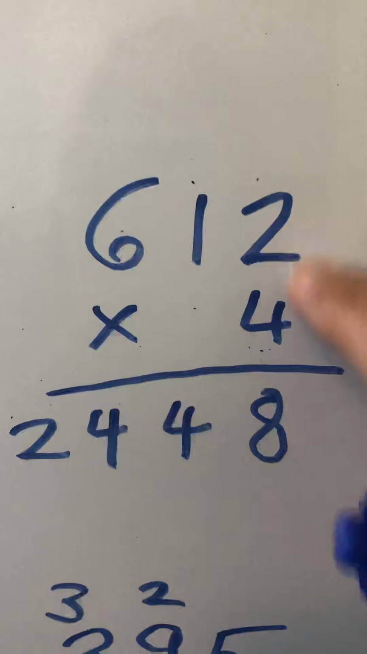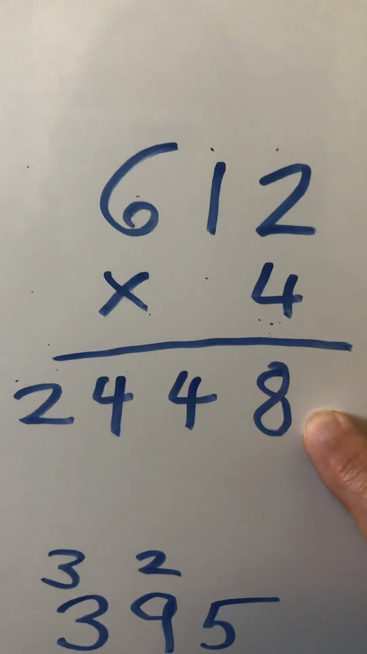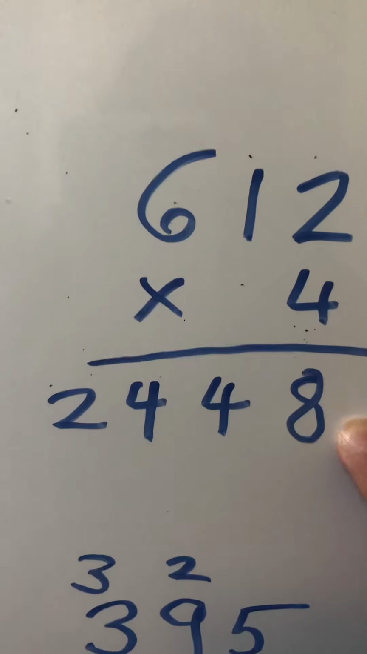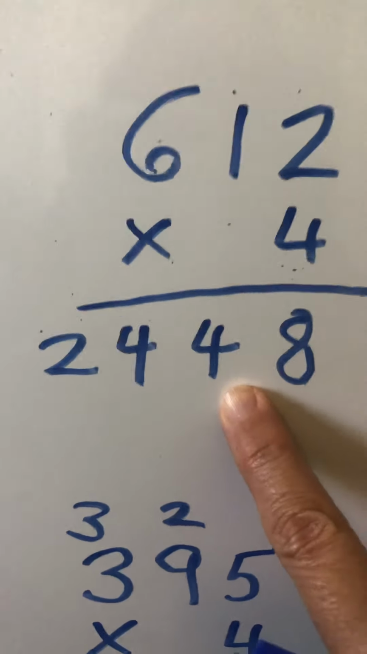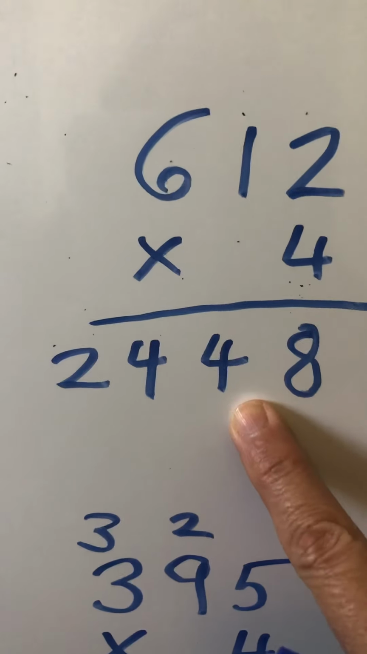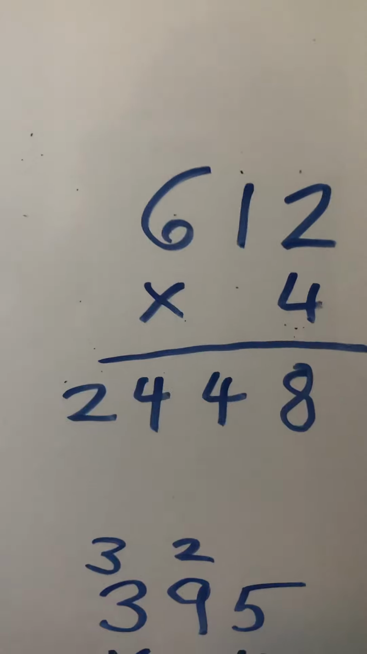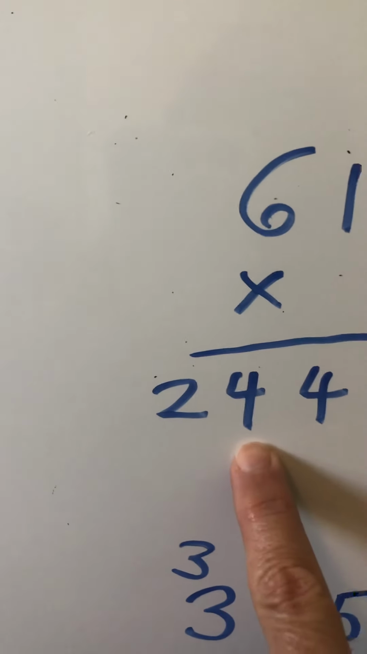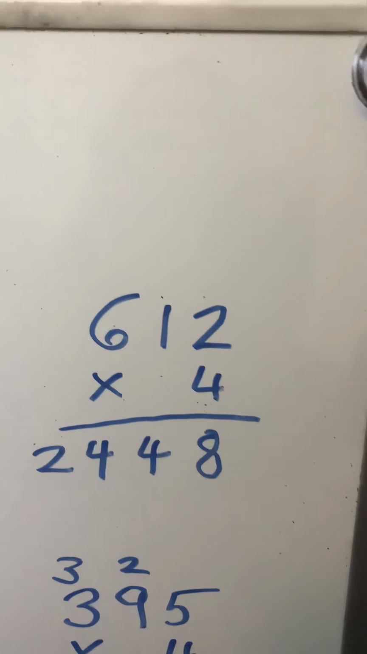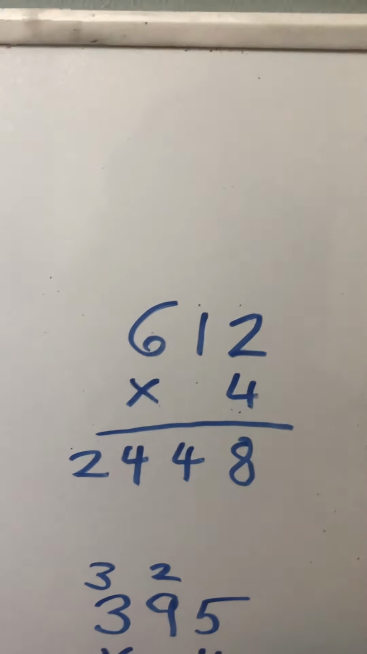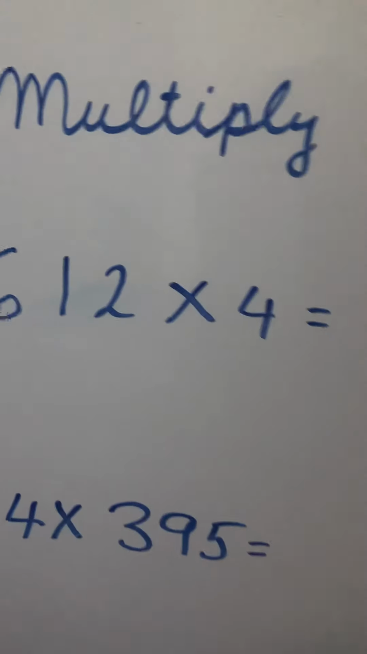And then you do 2 times 4 is 8. Make sure the 8 goes in the units. And then you do tens times units. So 1 times 4 is 4. 4 what? 4 tens. Then you do hundreds times units. So 6 times 4 is what? 24. And in that case, you write the 4 in the hundreds and the 2 in the thousands. And so your product is 2,448. Once you've got the product there, then transfer it into this equation,